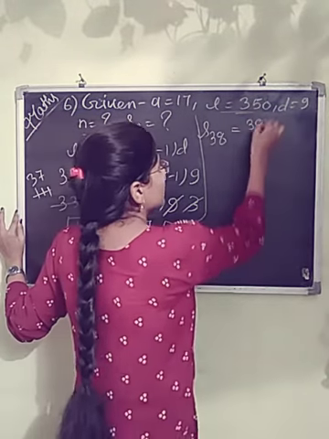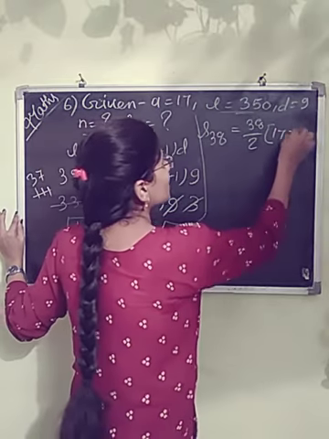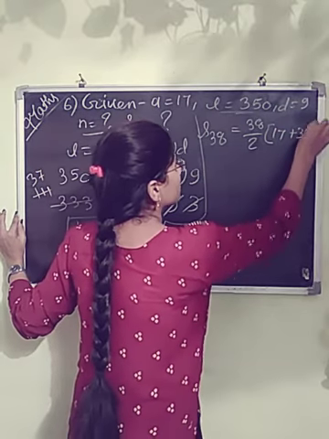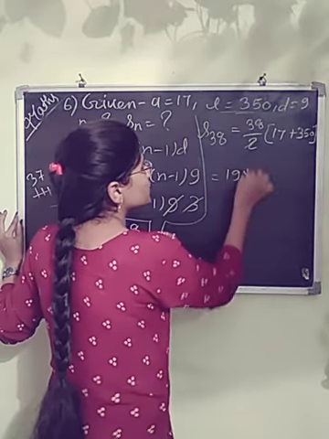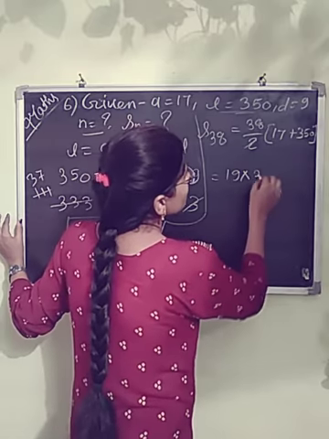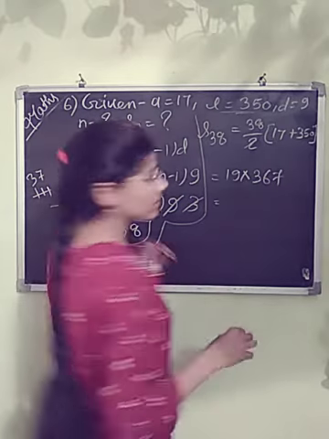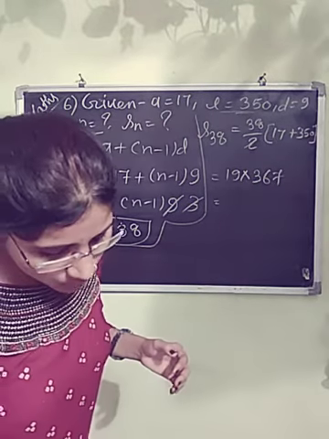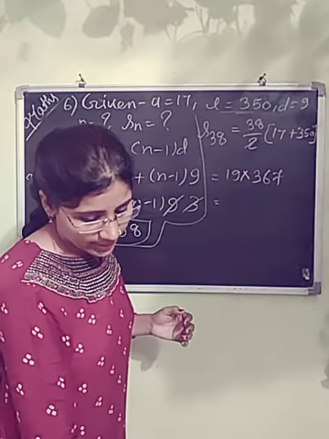So 38 by 2, A is 17 plus last term is 350. Okay, 19 times it will be cancelled, and you can just add it. So it will be 367. Okay, and then do multiply. Okay, so the value you will get is